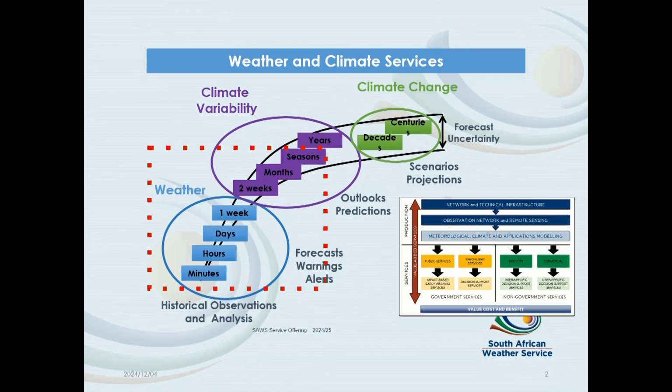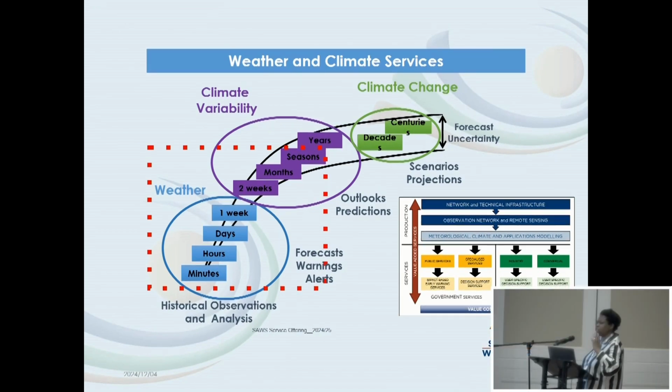We also have non-governmental services. That includes your industry. So we service a lot of industry, from your insurance industry, your construction industries. We do have lightning reports that we issue every time there's thunder. The insurance will be sitting on our shoulders to give them the reports, because people need to claim for insurance, and they need that assurance that there was lightning or there was hail during that period. And then we also have your downtime reports, your rainfall return periods that we issue for the construction industries. We work closely with the legal systems when it comes to court cases.